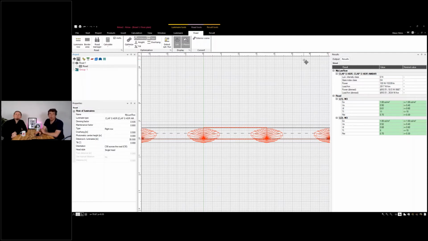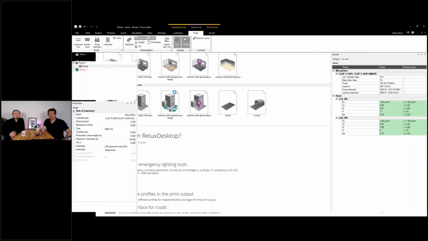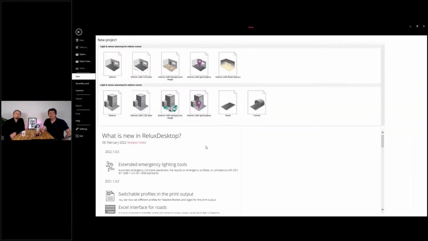There are many more possibilities. And the next thing I want to show is this feature. This is not really new. This is just a little bit for those of you who didn't know, who have not so much experience with road lighting. But now I will show you something which is completely new, and we have implemented